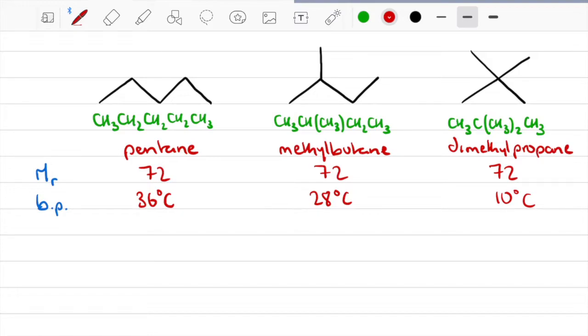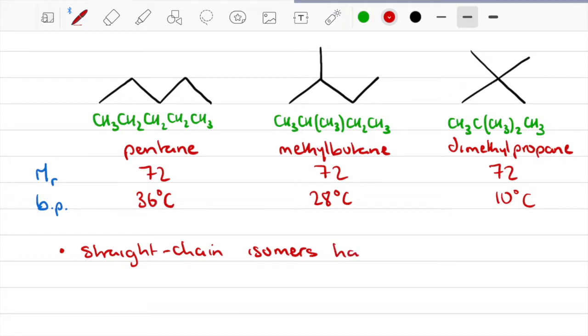So if we're comparing why straight chain isomers have a higher boiling point than a branched one, remember this only matters when you're comparing molecules of the same MR. If they're molecules of different MRs, you absolutely just focus on the number of electrons or the MR. So this branching only matters when you're comparing molecules of the same MR. Then what we discover is that straight chain isomers, because that's what we're comparing here, isomers of the same molecular formula, different structural formulae,